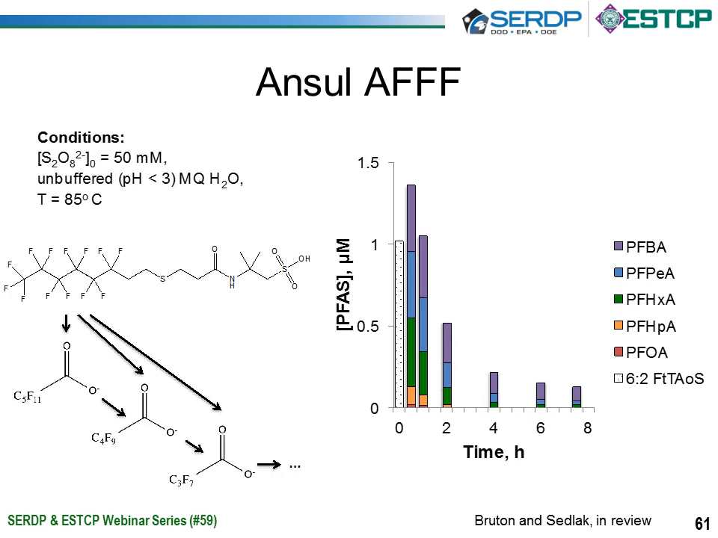So starting with an Ansul AFFF, this one is one that we got from some of our partners in the Department of Defense, and this particular one had a compound called Lodyne, shown here in this figure, a 6:2 fluorotelomer thioamido sulfonate compound, which was prominent in it. And what you can see is when we subject it to heat-activated persulfate under the same conditions that we looked at for PFOA and PFOS a few moments ago,